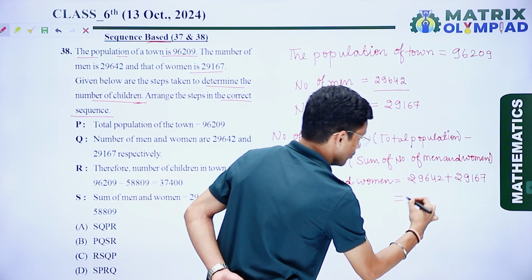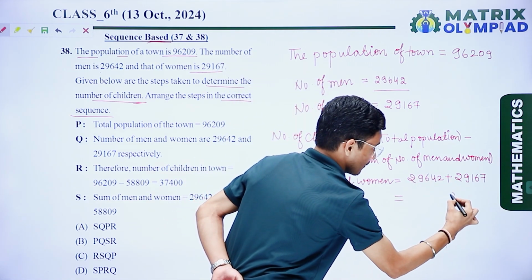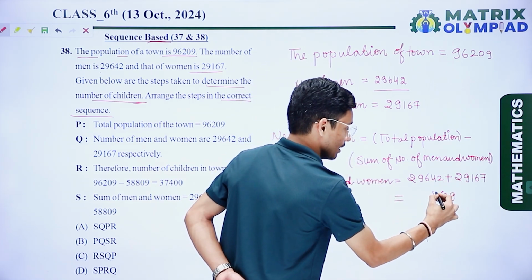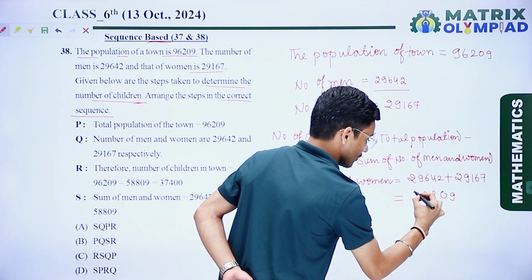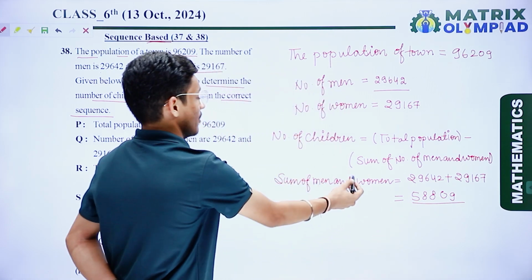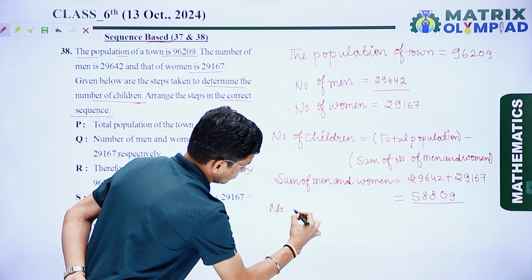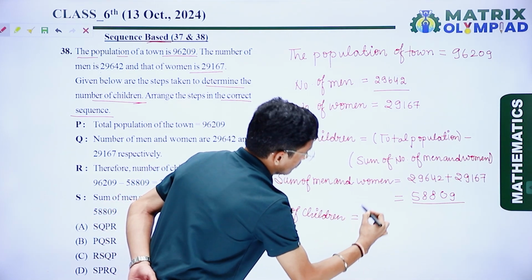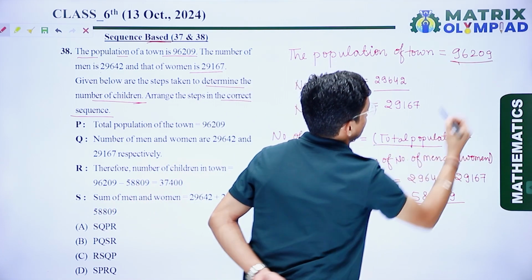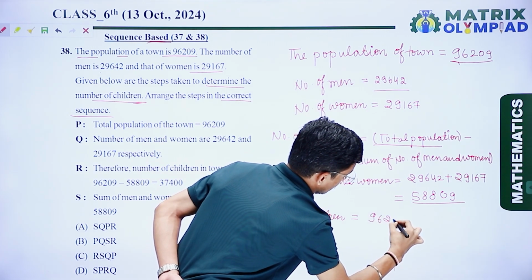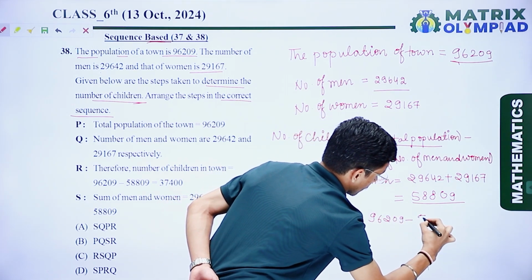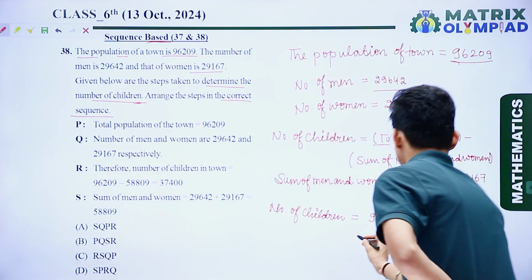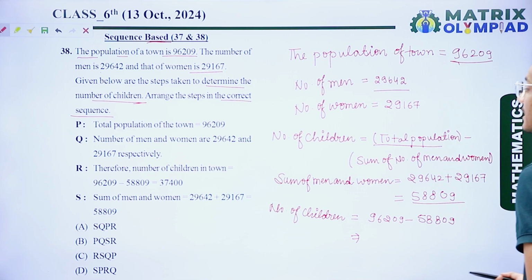29,167. So here if I add both these numbers, 7 to 9, 6 4 10, carry 1, 6 and 1 7, 7 or carry 8, 9 9 18, carry 1, 2 2 4 and 5. These are the sum of number of men and women. So number of children, that is total population, here we have given 96,209 minus 58,809. So here if I subtract this one, I get the total number of children that are